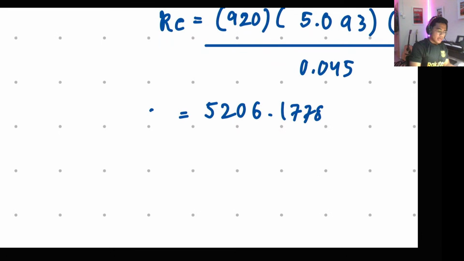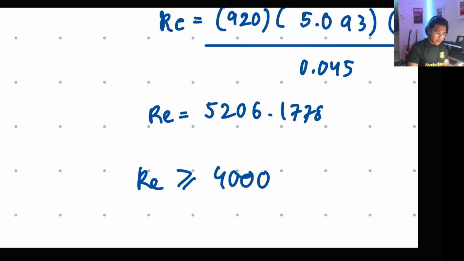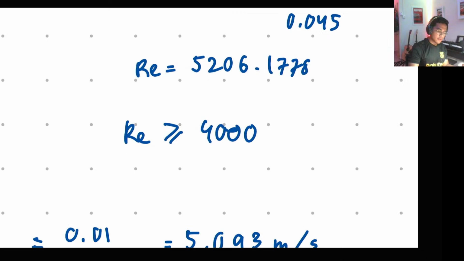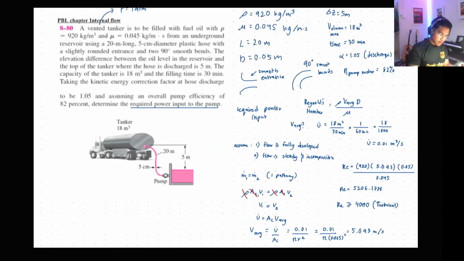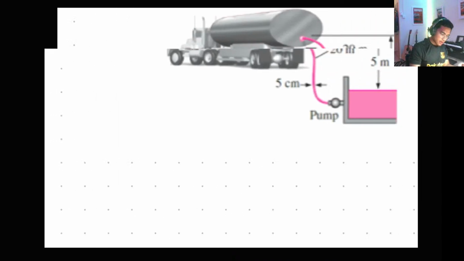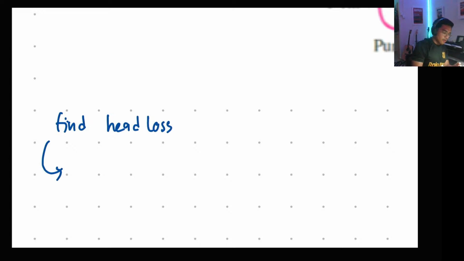Okay guys, so from here we know that the Reynolds number is bigger than 4000, so it is turbulent. Oh my god, it is turbulent. Okay, so if it's turbulent, we want to find the friction factor. Why do we want to find the friction factor? Because we want to find head loss. Head loss for turbulent